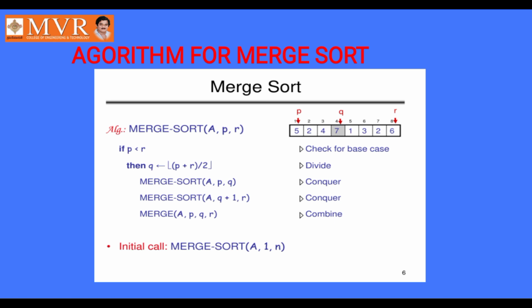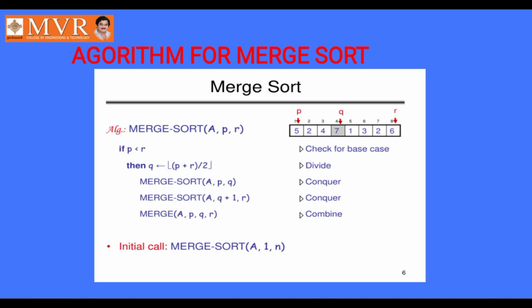The mid position value when I take the array from 0 to 9 will be the same as when I take the array index from 1 to 10. So the mid will not differ. You can take any consideration. You can start from 0 to 9 or 1 to 10.